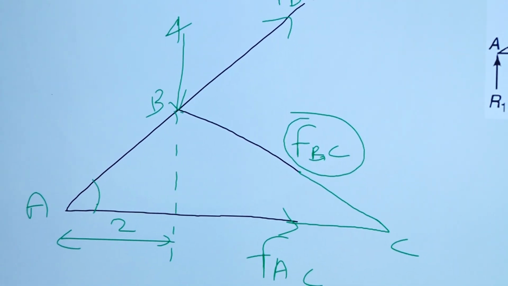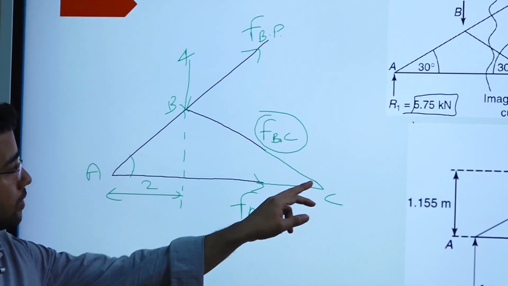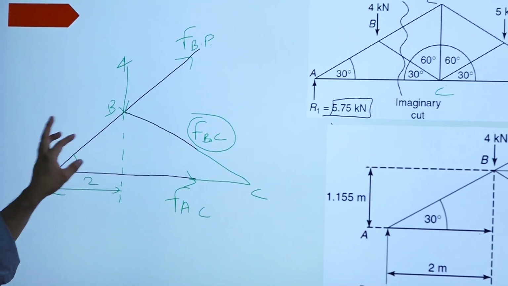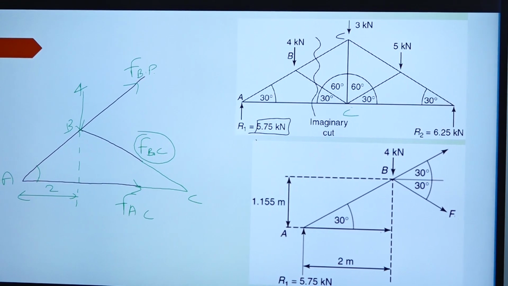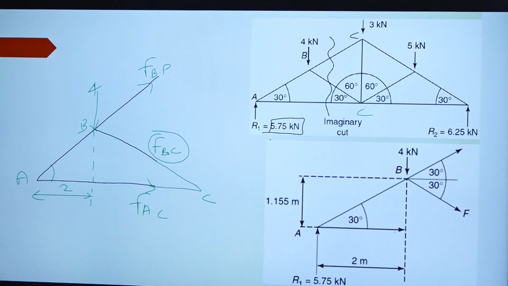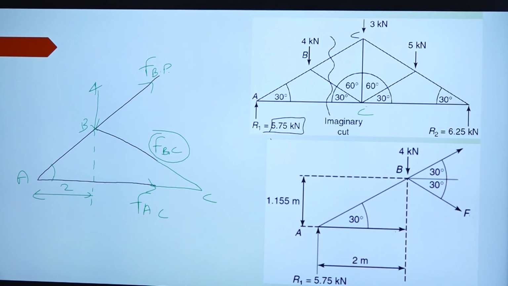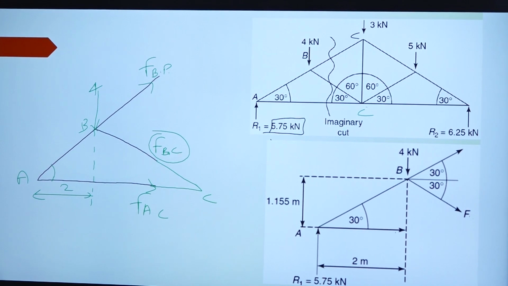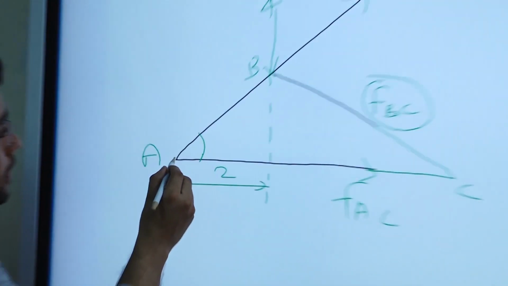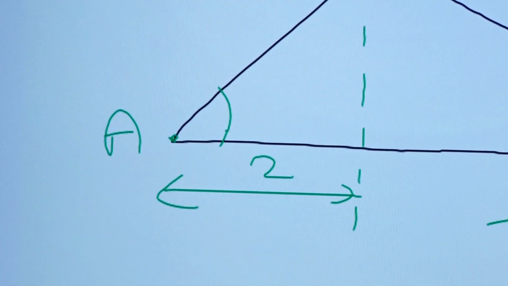So one method is simple, that is we have to take moments. If we take a moment about a common point from which all the forces are passing, in that way we can find out the force, right. So we need to see the problem properly and then only we can solve it. So here in our case we can take moment only about a point A, right. Why I want to take moment about point A? Because I don't want to find out more unknowns, right.